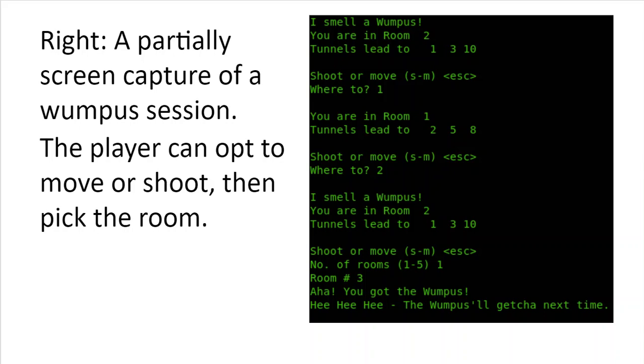So this game would put you in a location. You would be hooked up to other locations, or you'd have the option to go to other locations, and you could either move or shoot. And I'll explain the rules here in a second, why you'd want to move, why you'd want to shoot. But the idea is that you have text-based interaction with the game. Many of these early games, the systems just did not support graphics, so any game had to be text-based, and Hunt the Wumpus was text-based, although there have certainly been many excellent high-quality graphic-based Hunt the Wumpus games later. So let's keep going here and take a look at the map where the game is played.